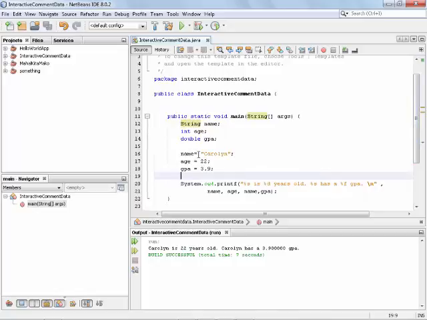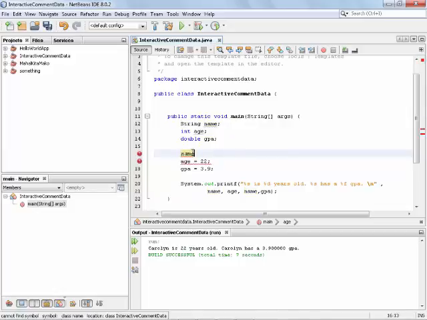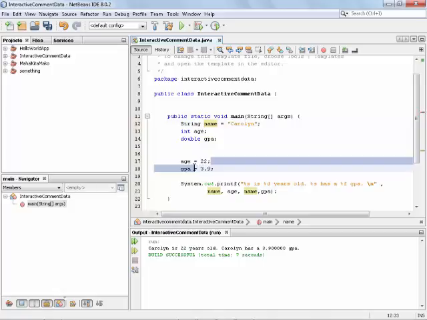So that's okay, and we can adjust this one.